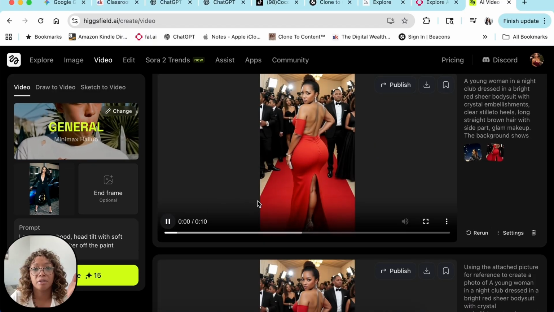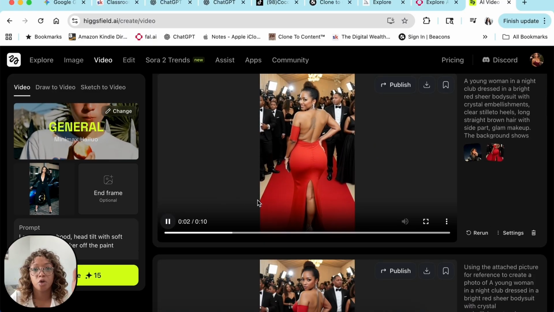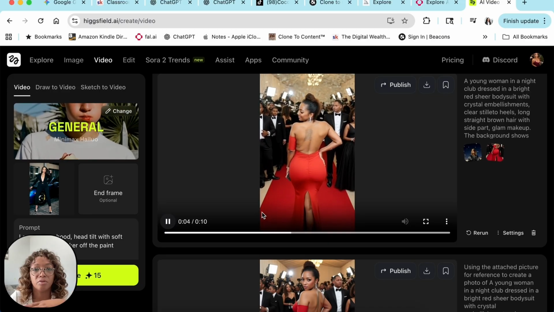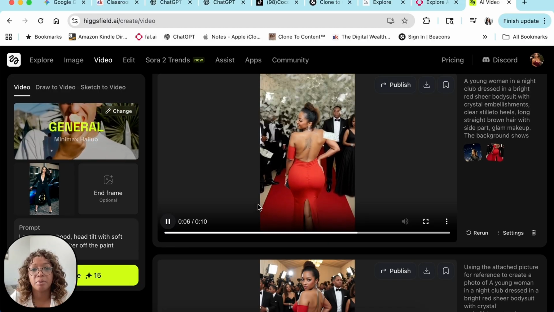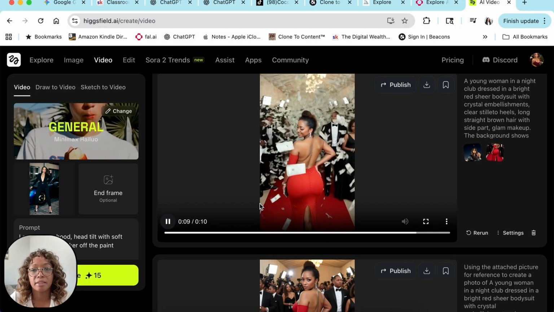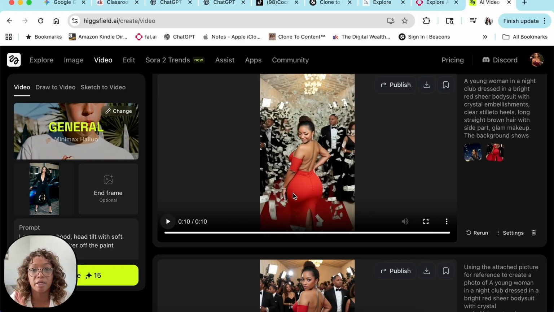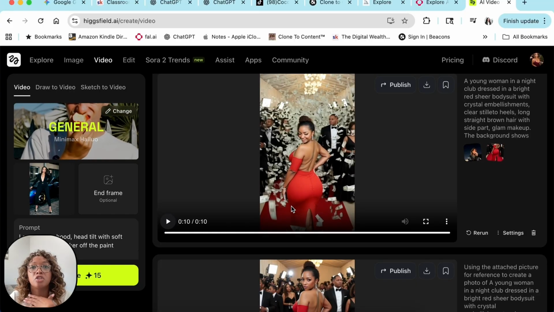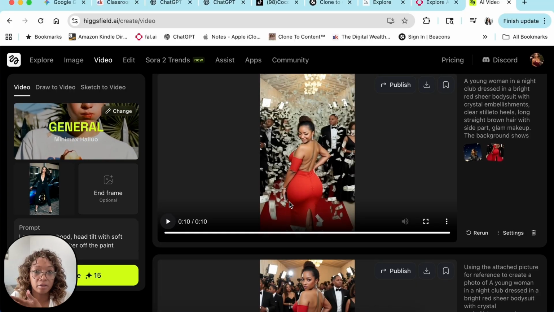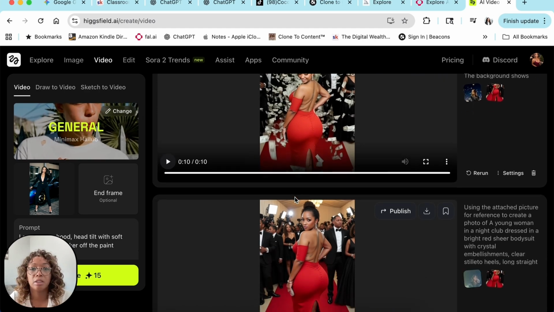I was trying to give it an idea to go by, but it kept giving me something I didn't want. So that happens. You have to be prepared for that. And then, like I said, it costs you credits. Every time you generate an image, it costs you credits. So you don't want to be generating all willy nilly because you'll be wasting a lot of money.